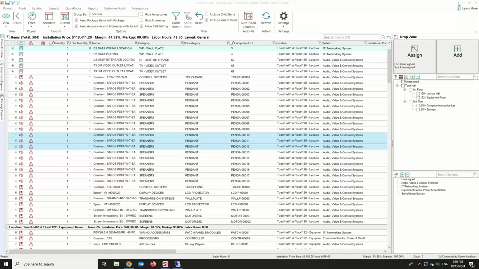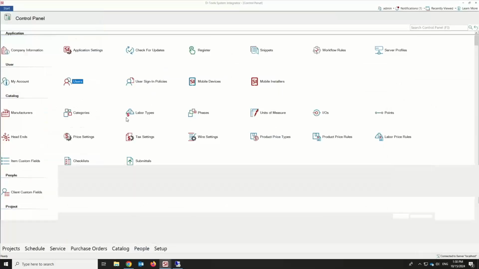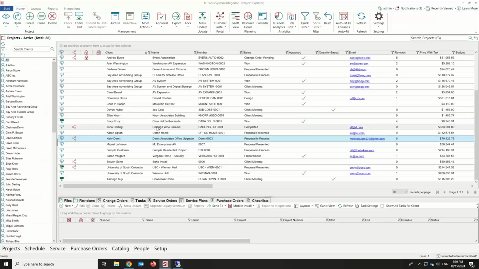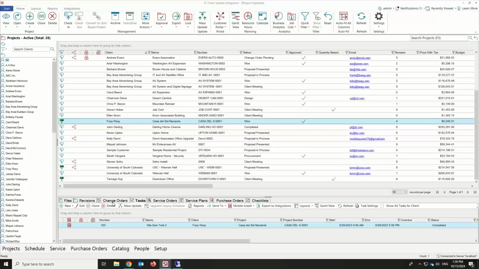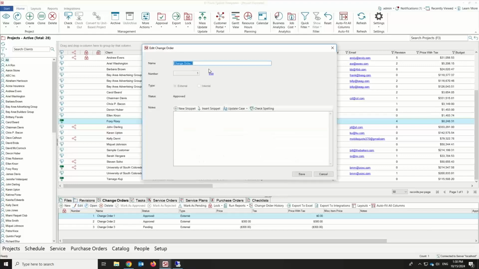I'm going to stay on the topic of project changes for now, but go to change orders, because those are part of an approved project. So I'm just going to come on back here. Change order numbers can now be edited. They used to not be. They would just be assigned. In fact, I'm going to just edit one of these right there. Edit. I can just change that change order number. Now you can't